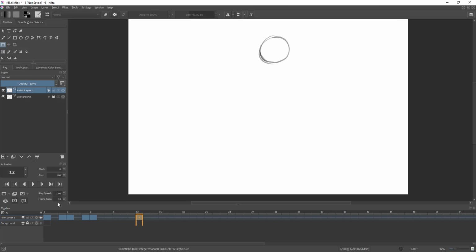So I can also say here the last frame of my animation will be actually frame 1 before, so 11. And I can say also that the frame rate I'm going to work with is 8 frames per second in this case. And I can play, and you can see that I have already started to have an animation. So here I'm going to send my circle back to the top. So right click, create a blank frame,